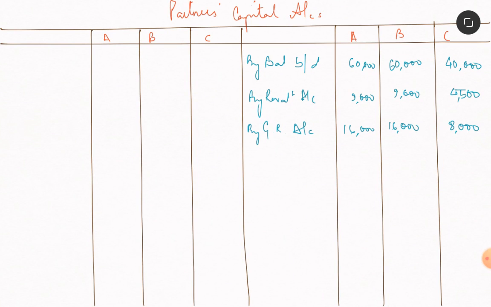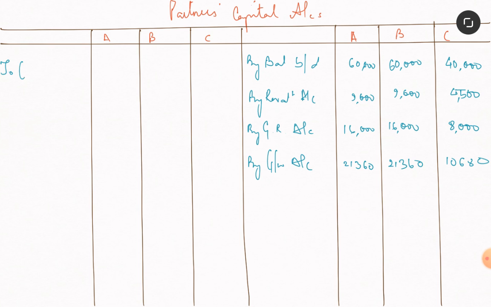So goodwill will be by goodwill account amount you've already calculated it to come to rupees 53,400. So 53,400 divided in the ratio of 2:2:1 will give you rupees 21,360 for partners A and B respectively, and for partner C it comes to rupees 10,680. Okay, remember in the old profit sharing ratio it is written up, and now let us write it off